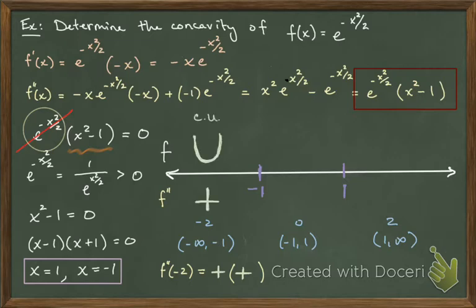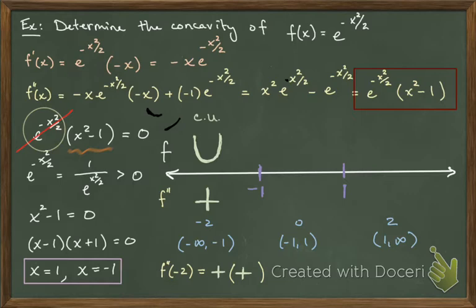which means my function would be concave upward. Okay? It might not make a complete U like that. That might not be the exact shape of the curve. It could maybe be like this or like this, for example. But it's concave upward nonetheless. So I just make that indication. I know it's concave upward on that interval. I don't know exactly the perfect shape. I don't know if the function's increasing or decreasing there,